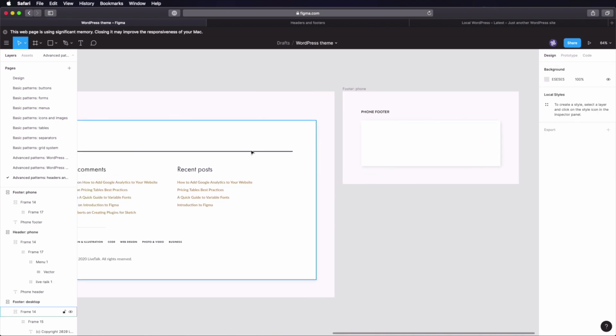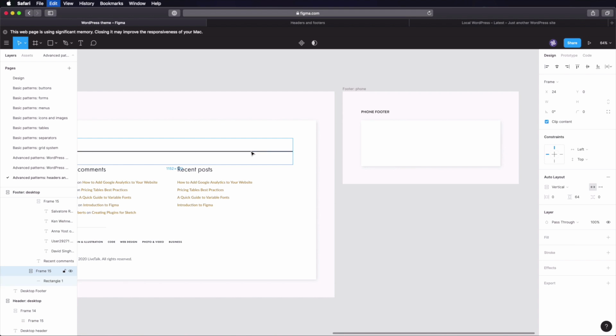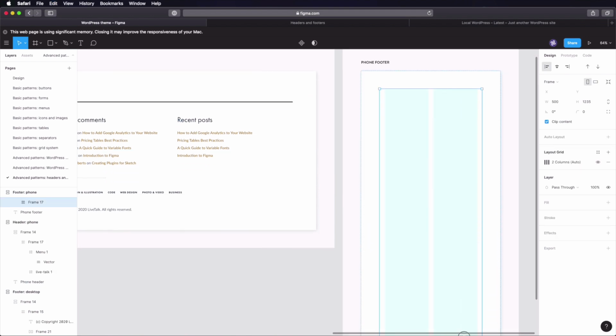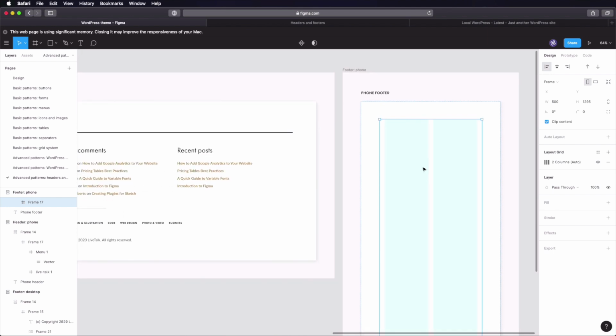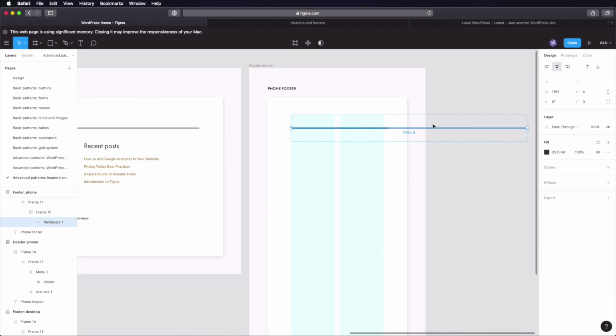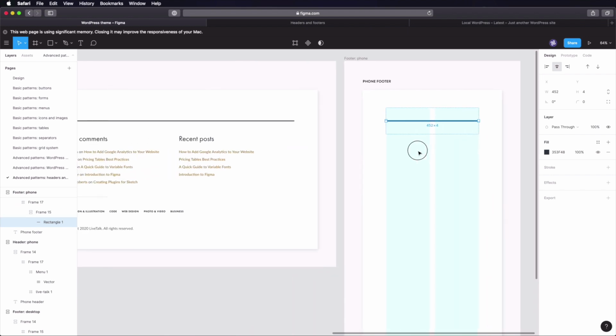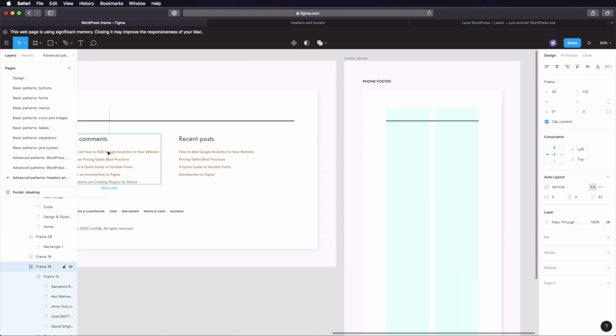And we're going to start with the first element here, which is the separator. Let's make this a bit longer. Paste that in, and we'll make its width 500 minus 48. And if you're wondering why 48, because I have 24 pixels on the sides here as the margin for the grid. Next, let's grab this